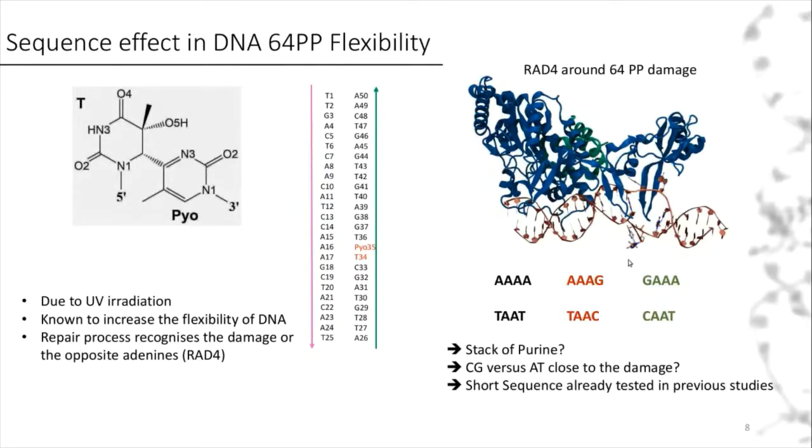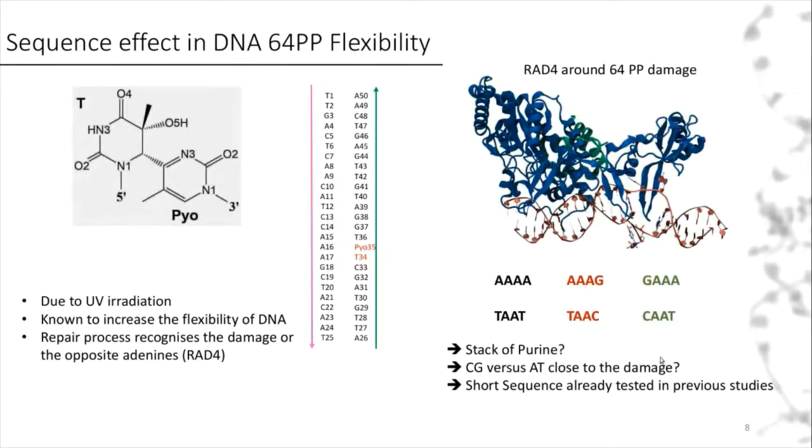We wanted to have a look at the impact of the sequence, the close sequence, only the flanking nucleobase close to damage, on the flexibility of this area, but taking into account the whole